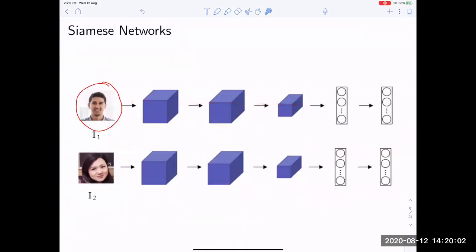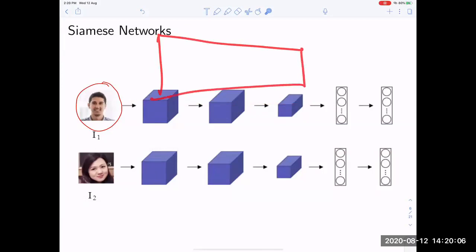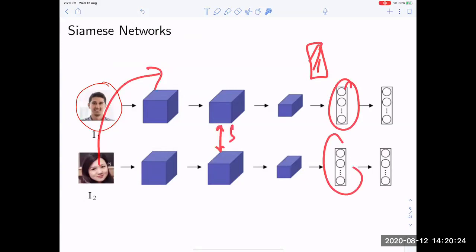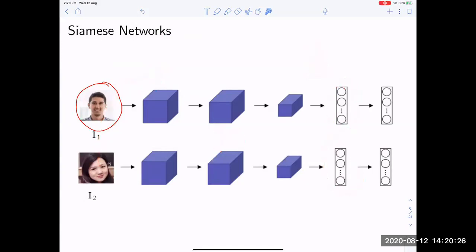Somebody can say that this is going to be a decoder type of network. Yes, it's going to be an encoder type of network, which can take an image. This image goes in and you get a set of features, and you have the same network and show the second image, and you get another set of features. So these are the two sets of features. Both of these networks have their weights shared. What does that mean? It means that both of them are the same network, exactly the same network.